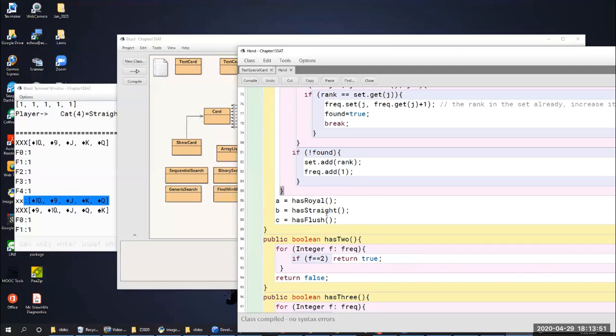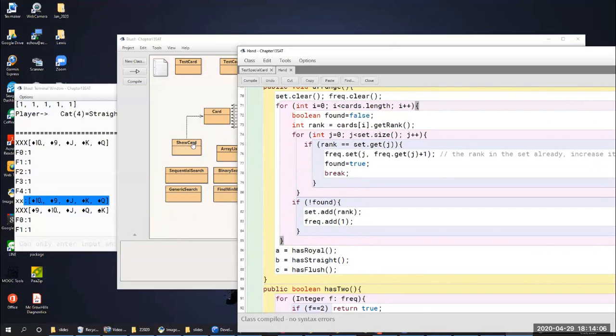Okay, so has royal, has straight, has flush. So here I have the A, B, C, and somehow it got corrupted. So when I go into has flush, it actually is wrong. So this XX